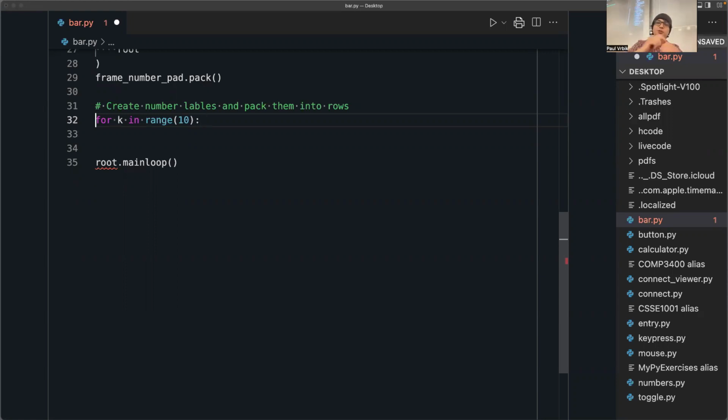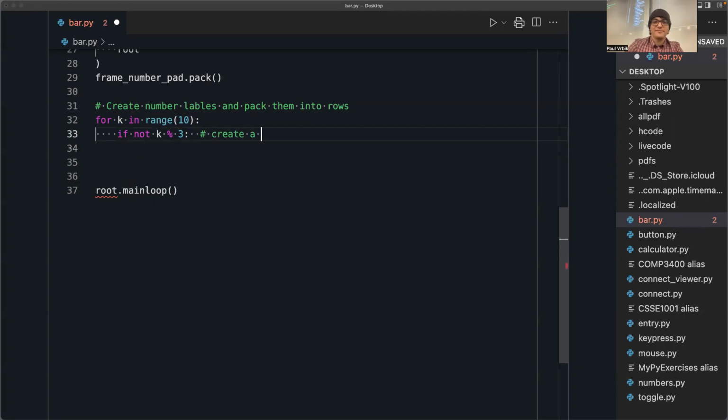Okay, so each 3 times, so we go 0, 1, and 2, and that has to pack into a frame. And then 3, 4, and 5 have to pack into a frame, but a new frame. And then 6, 7, 8 have to pack into a frame, but a new frame. So I think I want to do something like this to say if k modulo 3 is equal to 0, which in Python we say this. Right? If it's not the case that k mod 3. When k mod 3 is 0, this will be true. I then want to say